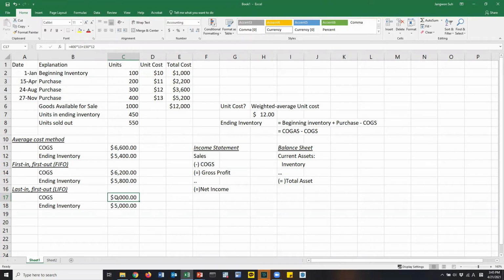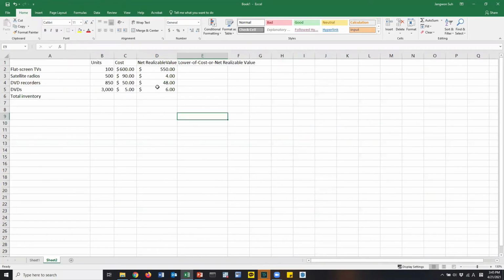If you are choosing LIFO, then you are reporting the lowest net income. As a result, you can pay the least tax, right? If you choose this method for tax reporting, then you should also choose LIFO for financial reporting. Okay. Then let's move on to